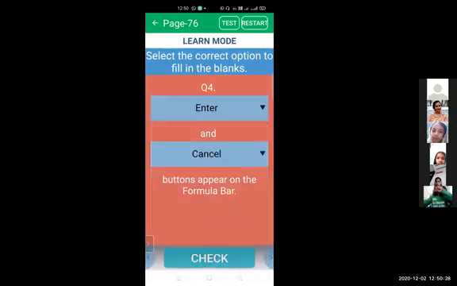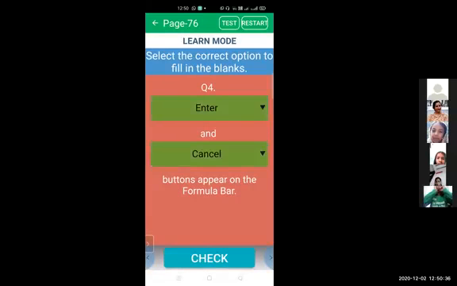Okay, so on your formula bar there are two buttons and those buttons are enter and cancel. All right, so in the first blank you will write enter and in second blank you will write cancel.